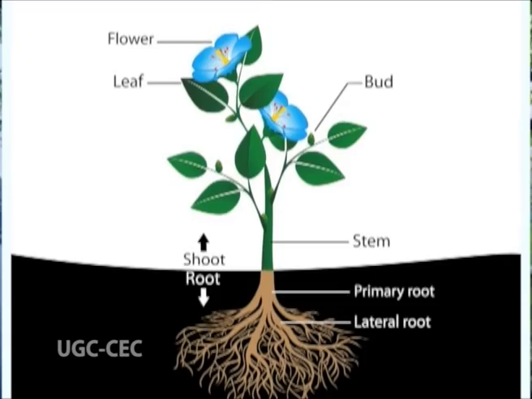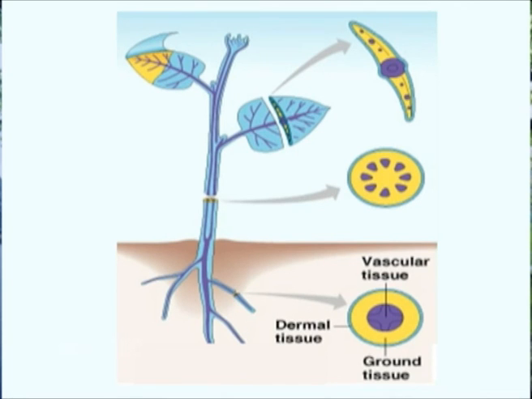Plant body of angiosperms is differentiated into root, stem, leaf and flower. All these parts are made up of different types of tissues containing different cell types. These tissues form different layers in the composition of root, stem, leaves and flowers. In this lecture, we will study the tissue organization of roots, which can be very well understood through the transverse section of the organ.